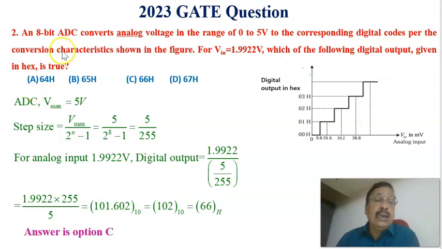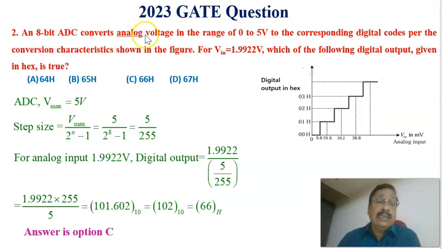The options are option A 64H, B 65H, option C 66H, and option D 67H. Corresponding to this voltage 1.9922 volts, what is the corresponding hexadecimal number? That is what we have to see. Here the ADC maximum voltage is 5 volts, and